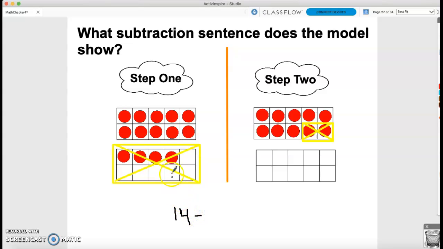Minus, and remember, we made a 10 right here, but we're actually subtracting everything together. So we have 1, 2, 3, 4, 5, 6. So we're taking away 6 altogether. Equals, let's see, we have all but 2, that would be 8. If I want to show my 2 steps,